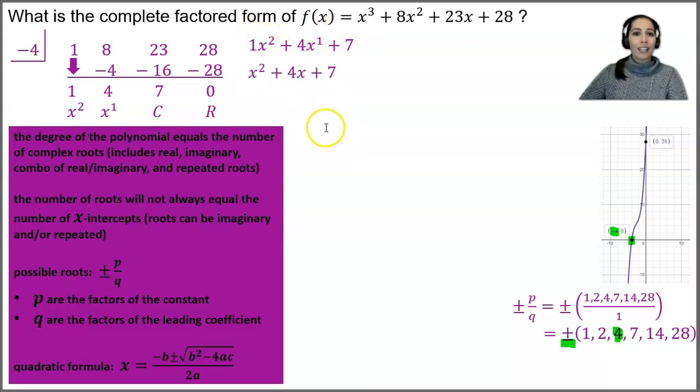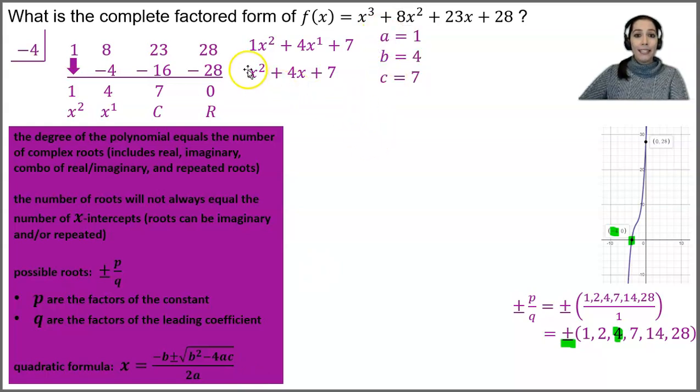So I really have x squared plus 4x plus 7. Now, because this is a quadratic, or it's raised to the second degree, I know that I can go ahead and just factor this like normal, or I can actually use the quadratic formula, which I wrote down here in Chloe's cheat sheet notes. So to do the quadratic formula, I need to get my a, my b, and my